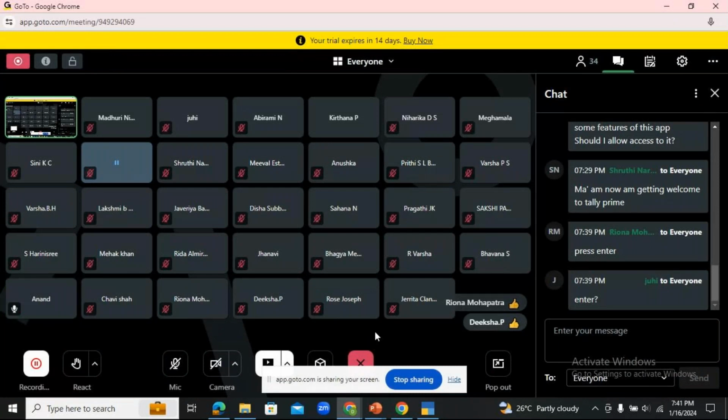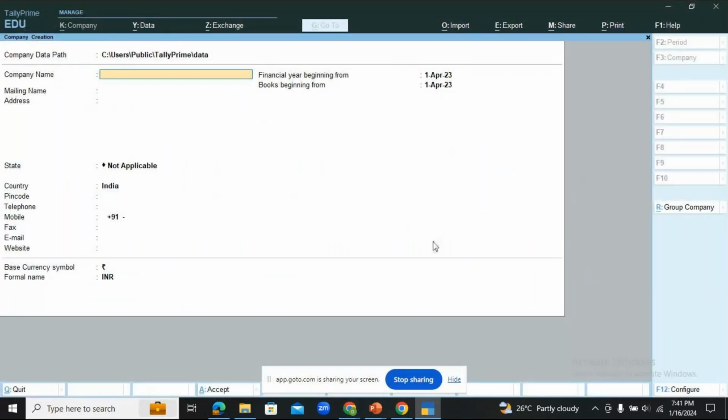So slowly I'll be going through it. Now this is your company creation window where we are going to put up the company details. Name of the company, then the address of the company, in which state it is located. Country will automatically come. I will give you the clarity about that. Then the PIN code, landline number, mobile number. Now fax is, I can say, no more in the picture. It's not used now. In case it is there, we can put up the fax number. Then the email ID, the website of the company, and the rest.